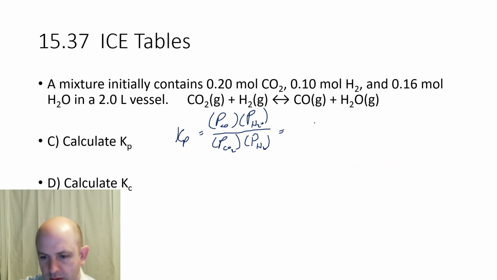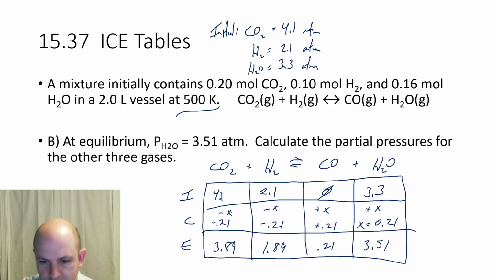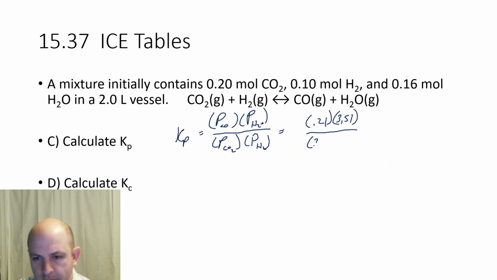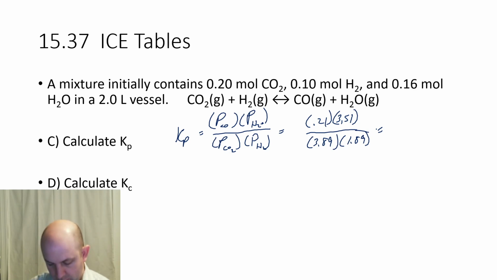So if we go back and check, all right, so it's 0.21 and 3.51 on top. And for CO2 and hydrogen, it was 3.89 and 1.89. So we'll go ahead and plug that in. 0.21 times 3.51 divided by 3.89 and divided by 1.89, and we get an answer of